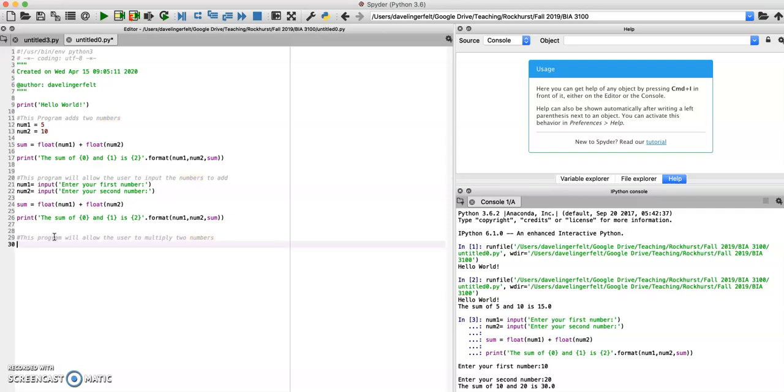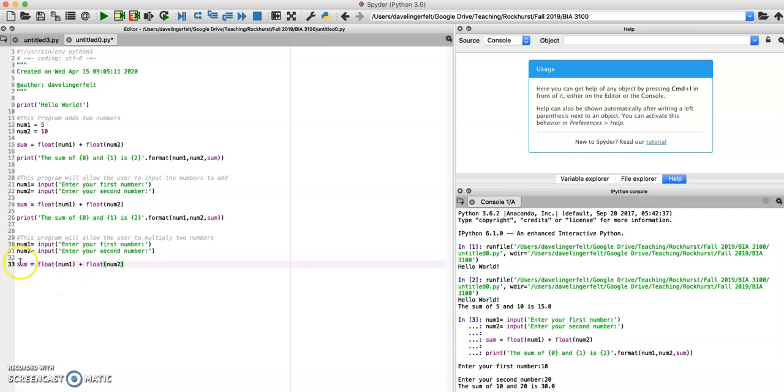All right. So again, the perk of being able to program in an iterative fashion is I know to add two numbers or to multiply two numbers that the same thing is going to hold true, right? I still need to solicit two numbers from the end user. So again, I can just grab what I did up here, come down here, populate it here. I know that I need to tell the computer to do something with those. So here's what I'm going to do. I'm going to take my line of code here from line 24 that's summarized,